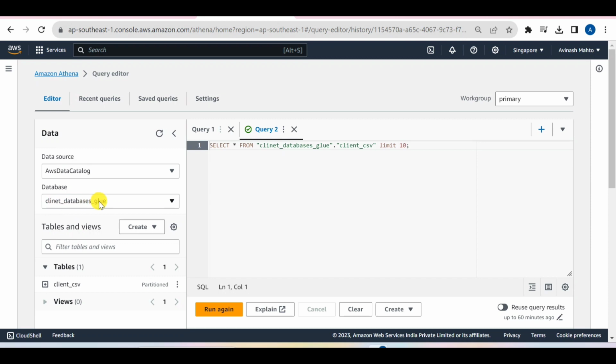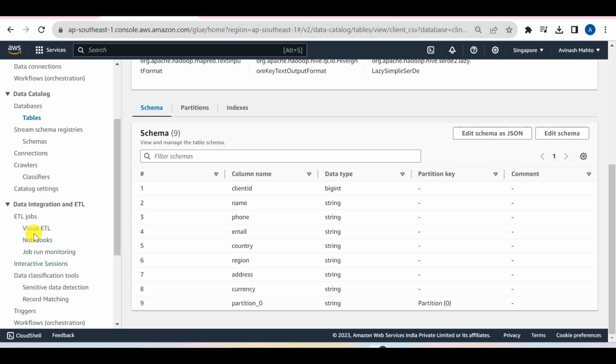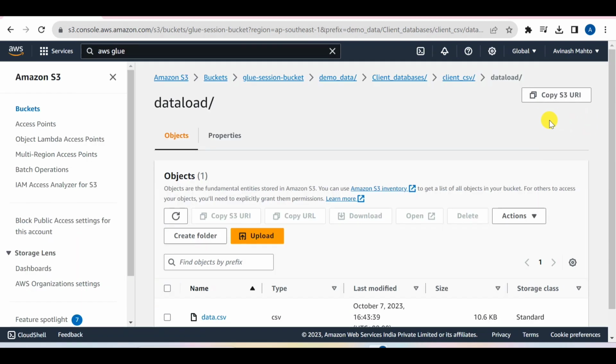I hope you completely got what I wanted to show you. Now you have a clear understanding of how you can set up an AWS Glue crawler using any data source. Just wait for the second part, because in the second part I'm going to set up an ETL job, which can help you extract, transform and load the data, where we are going to convert this CSV data into